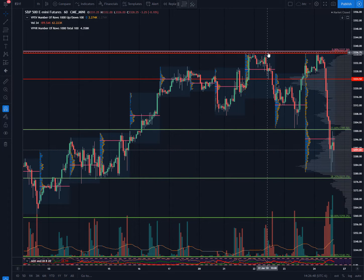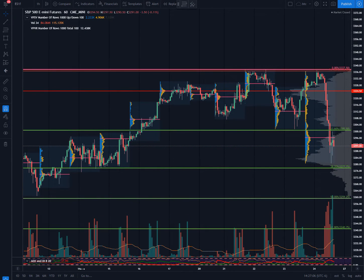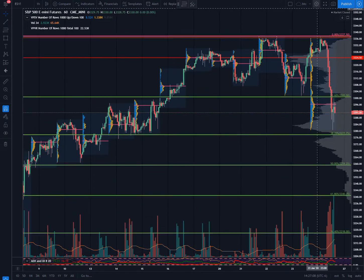So you see that we can see here on the hourly a little bit better. You get a double top rejection up there at that 161.8, and price just falls. Just happens that news always tends to come around these price points, but either this, that, or the other. So double top and then failure. So then we see these shorter term levels of support and resistance that we were watching there on Friday off